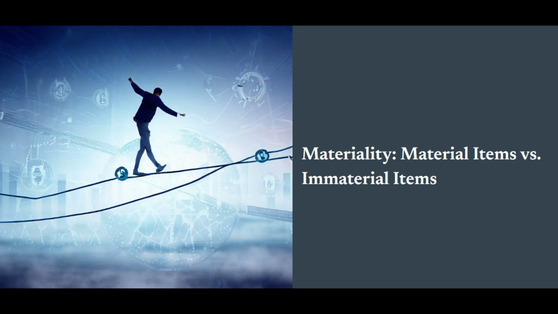It's all about ensuring that the information presented in financial statements is relevant and significant enough to influence the decisions of users like you and me. So, what exactly does material mean in this context? In simple terms, an item is considered material if its omission or misstatement could sway the judgment of someone relying on those financial statements. For instance, let's say a company has a massive debt obligation. If this information isn't disclosed, it could mislead investors into thinking the company is in a better financial position than it truly is. On the flip side, if a company experiences a minor fluctuation in revenue that might not be material enough to warrant a detailed explanation, it's all about context and significance.